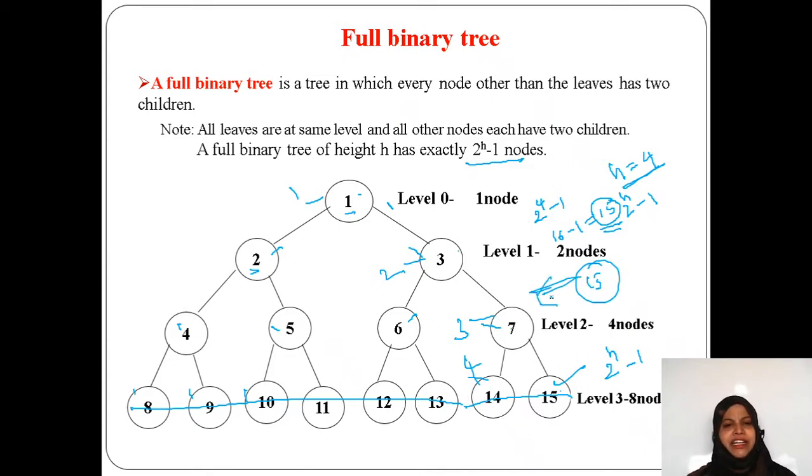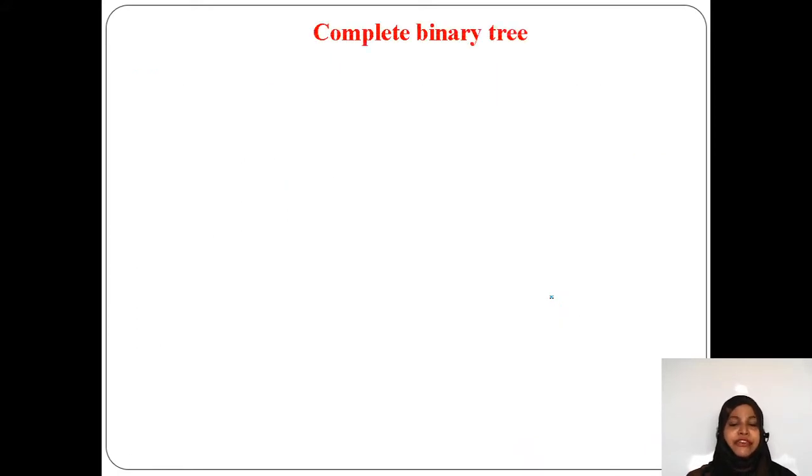A full binary tree is a tree that should follow all the properties of the tree as well as the binary tree. But in this case, every node has at most 2 children. Only leaf nodes don't have any child nodes. All the leaf nodes must be present at the same level. This is the full binary tree.